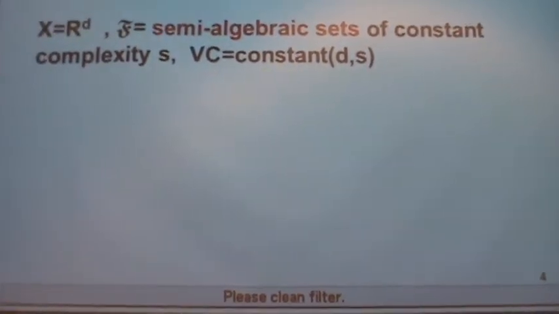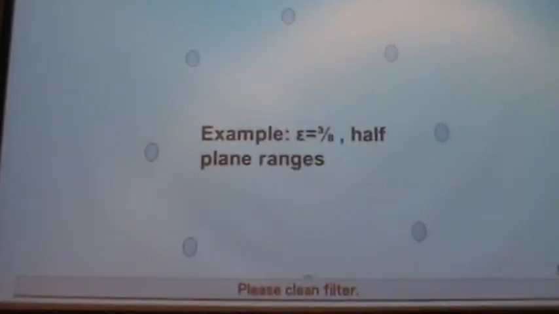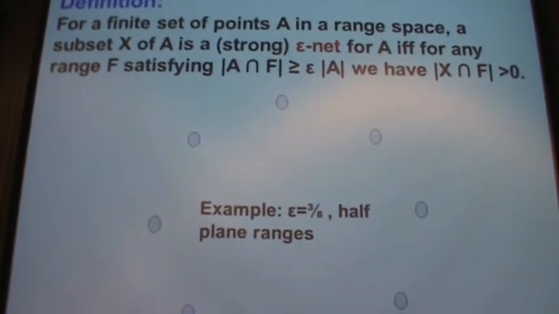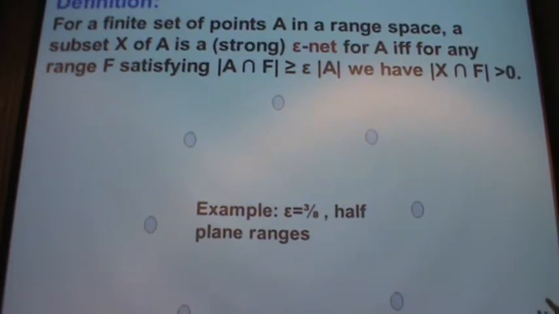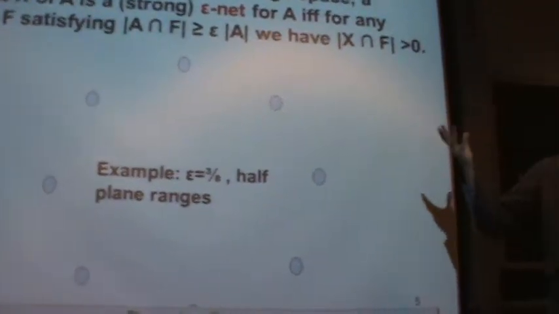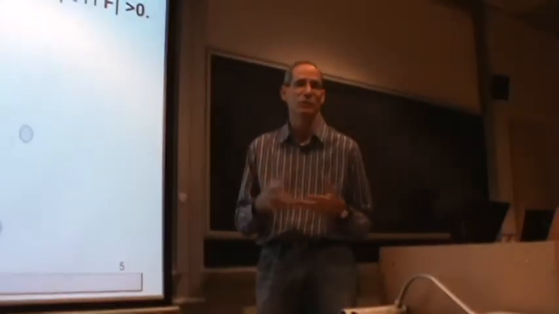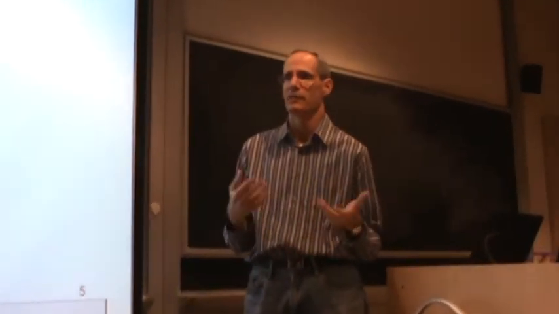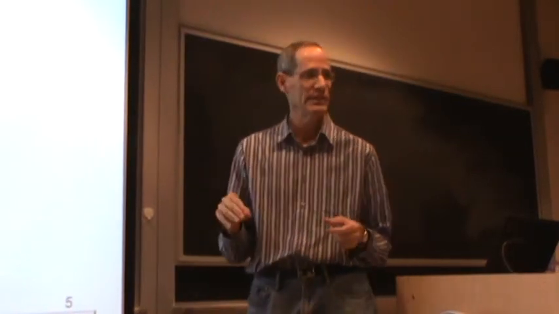So we have many examples, and hopefully we understand the definitions. And here is, so the title was talking about epsilon nets, strong and weak. So here is the definition of a strong epsilon net. So we have a range space. Let's call the objects points. You can think about one of the examples before if you want, or just an abstract range space. And inside it, we take a finite set of points, A.